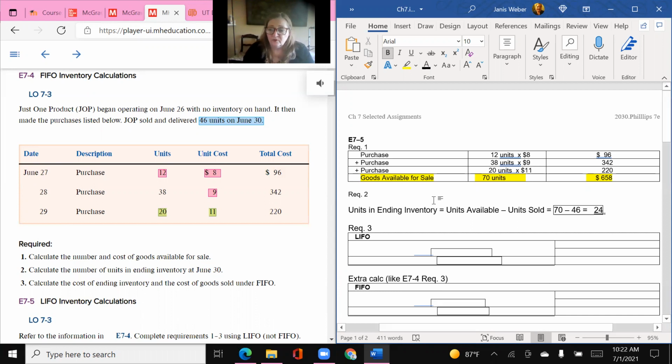Okay, so based on this, when we use a LIFO approach, it assumes we sell the last purchases first. And so when we do that, that means what's left in ending inventory is the earliest purchases. So 24 units in the ending inventory